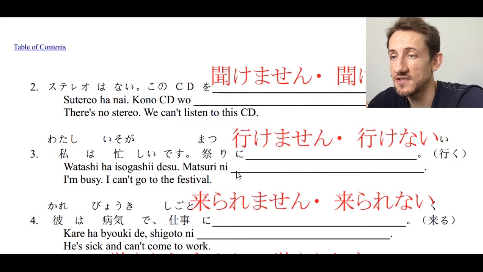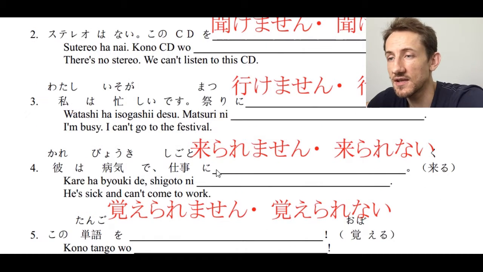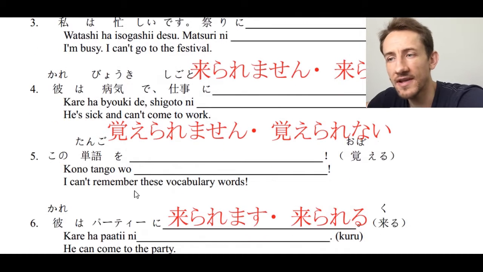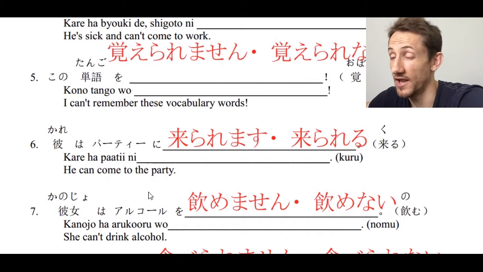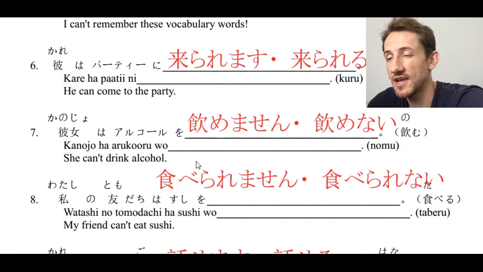私は忙しいです。祭りに行けません。行けない。Number 4. He's sick and can't come to work. 彼は病気で仕事に来られません。来られない。Can't come. Number 5. I can't remember these vocabulary words. この単語を覚えられません。覚えられない。Number 6. He can come to the party. 彼はパーティーに来られます。or 来られる。